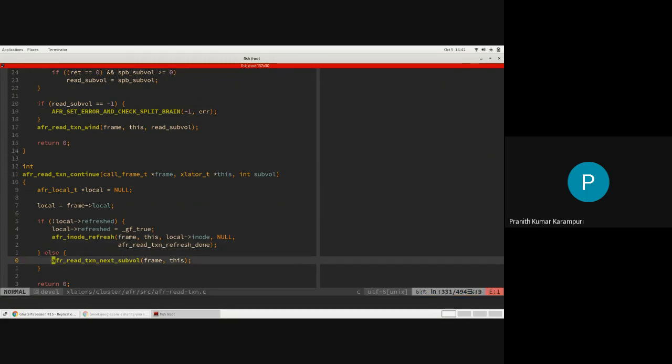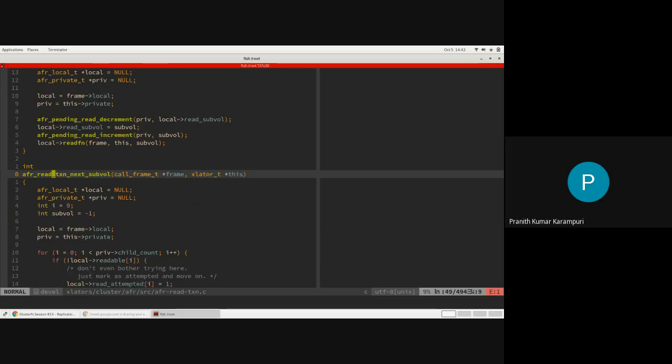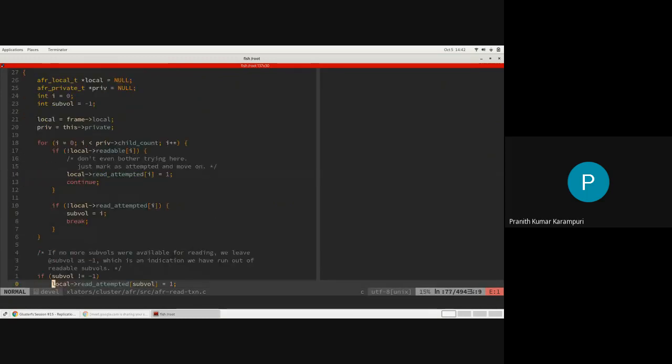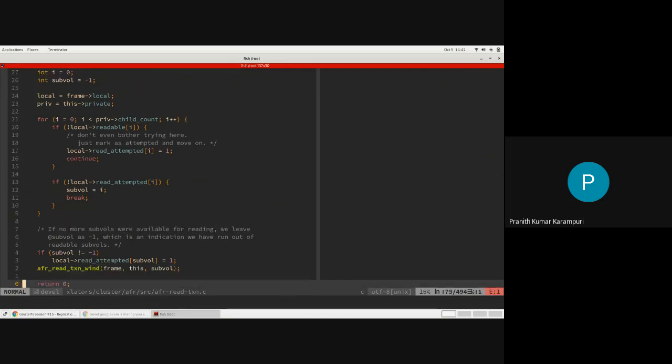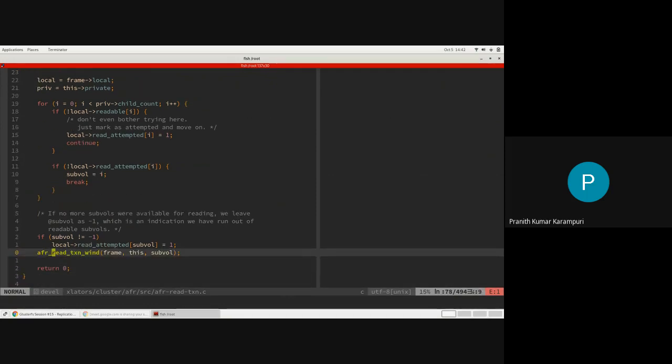Then it will try the same operation on some other subvolume that is good. It will check whether the read op is attempted already on this subvolume. If it is not, then it will try it on that subvolume. Like that, it will keep doing this read transaction on all until it exhausts all the subvolumes that are there, or it succeeds, one of the two.